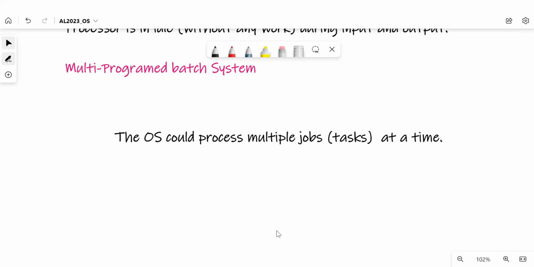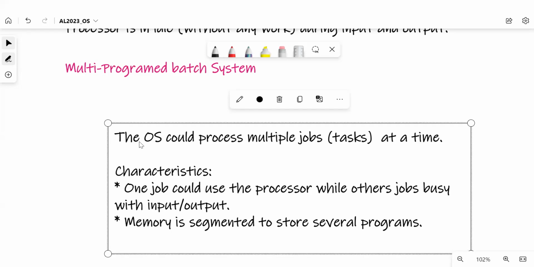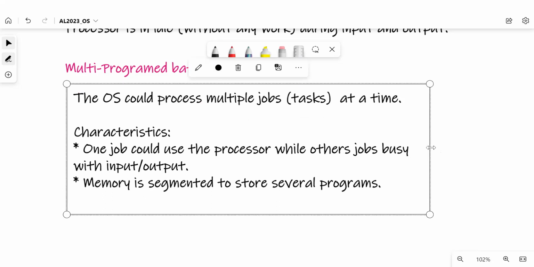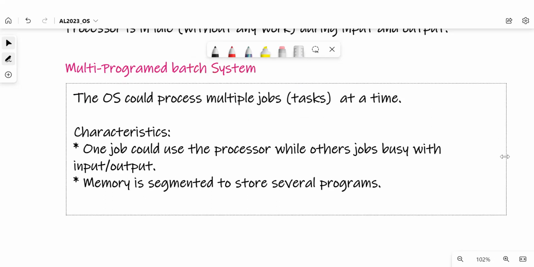And the second one is memory. So this is during 1965, right? So this is during 1965 to 1980.